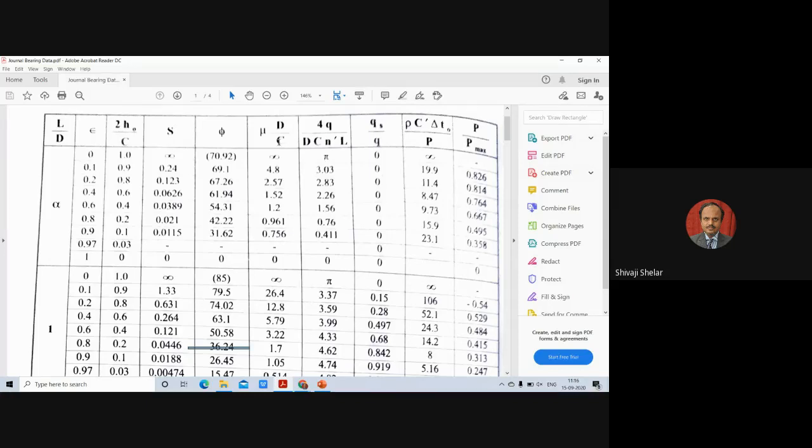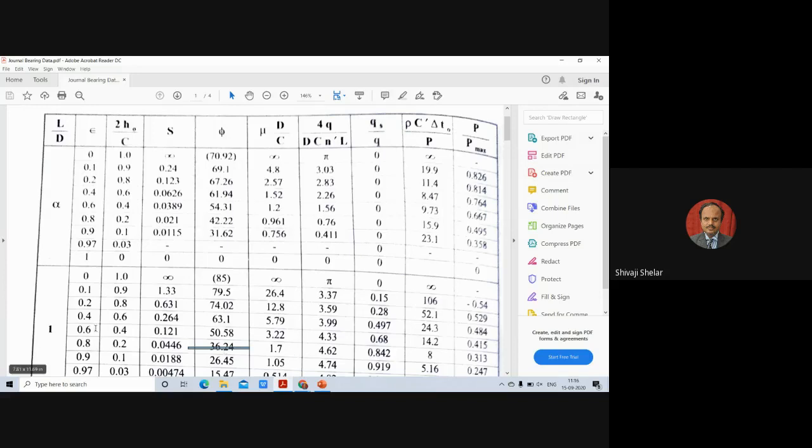I am using different notation and PSG has a different notation. Mu will be replaced here by F, capital D will be replaced by small r, and capital C will be replaced by small c in mine. They have diametral clearance, and I am using radial clearance, so they have taken capital D here. These values will not change, only the notation is going to change here. So the values remain the same.